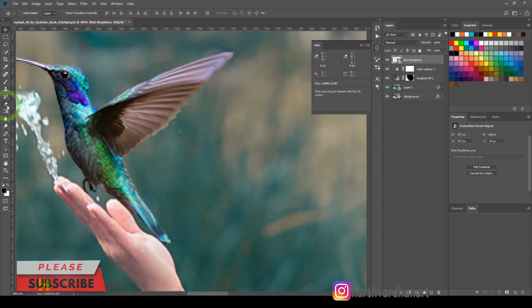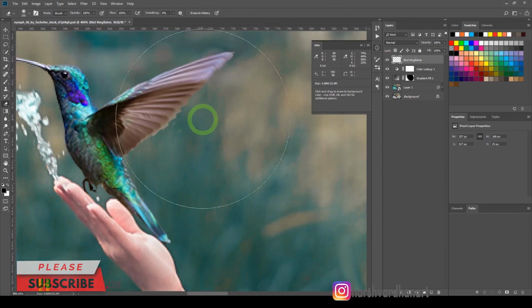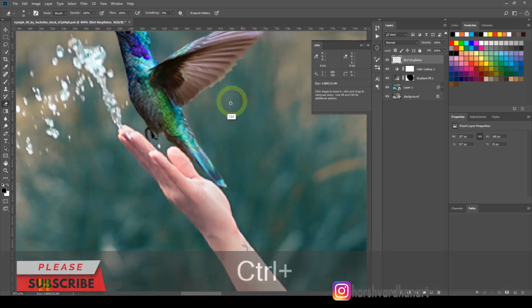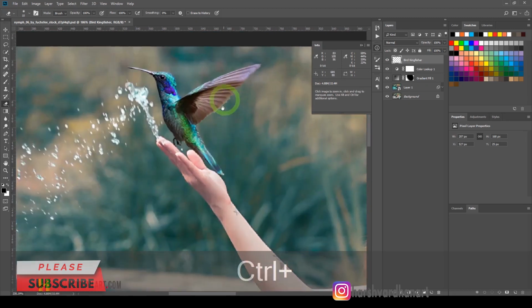So I'll select the eraser tool, make the size smaller and remove this from here. So these are some pixels which are here, so I'm just painting it. Okay, so now we have placed this bird successfully over here,